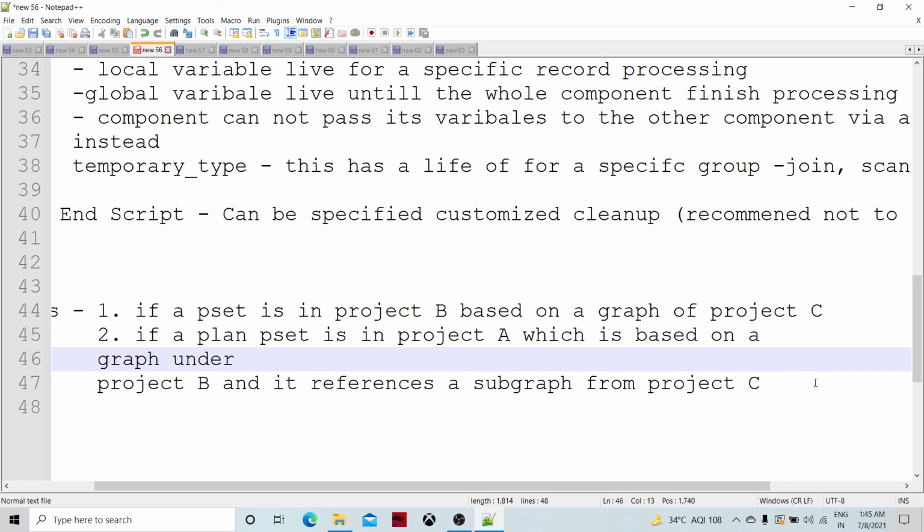If you don't understand, we can create customized components in Ab Initio. So the customized component is in C, and that customized component is referenced in a graph in project B, and the PSET in project A is on top of that graph of project B, right? So this kind of setup is there.